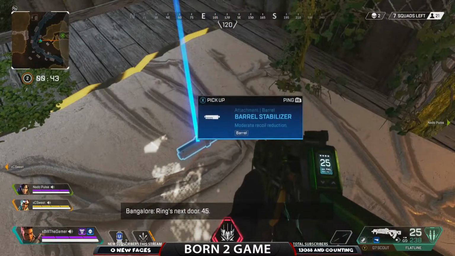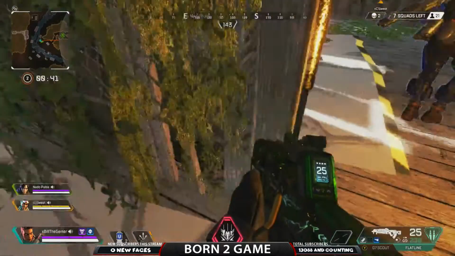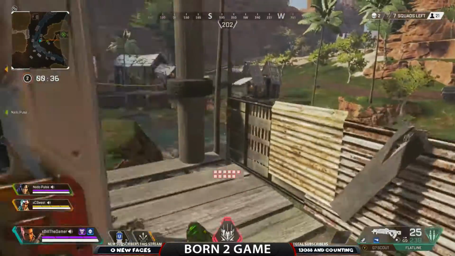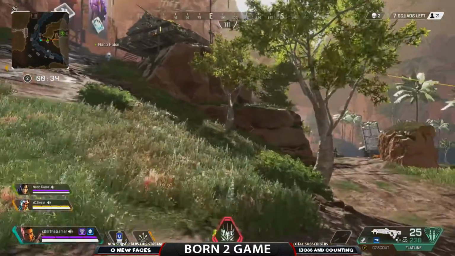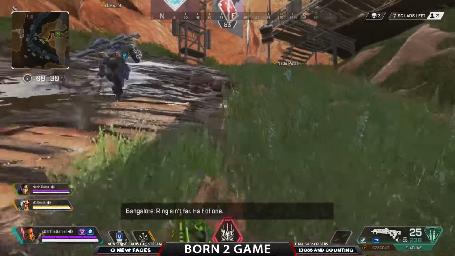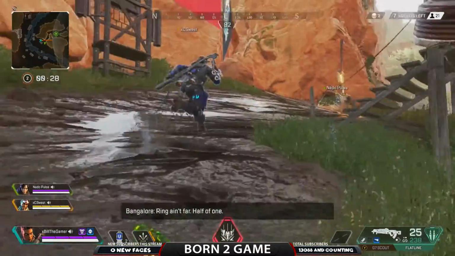Number 13, the supplies ship, the massive thing that flies in as you're flying across the map. You can land directly on that before it's in position, and if you're the quickest there, it normally contains some pretty cool loot. Number 14, the hot zone isn't always good loot,